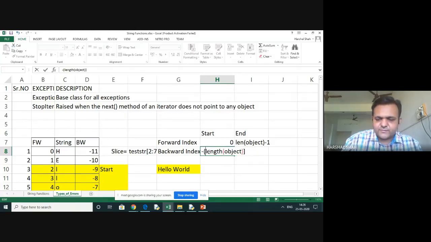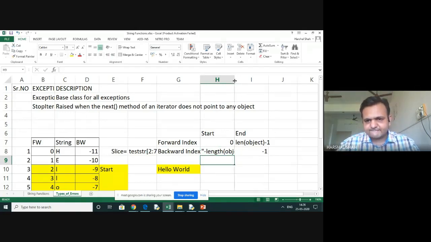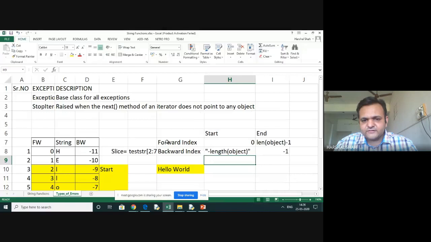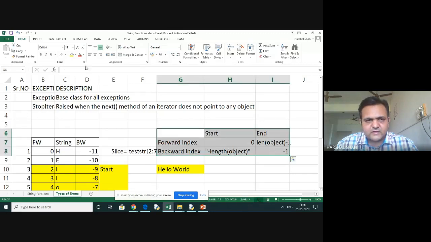I use a square bracket or round bracket, but that will also cause trouble. Just for understanding, you can use this, or I can put it in double quotes so it will accept it, and that is why it becomes a string, text. So you understand forward, backward, and where each starts. This is the way it works.